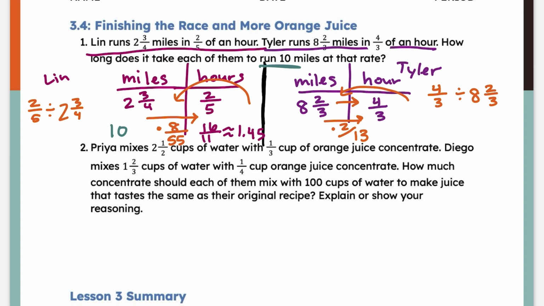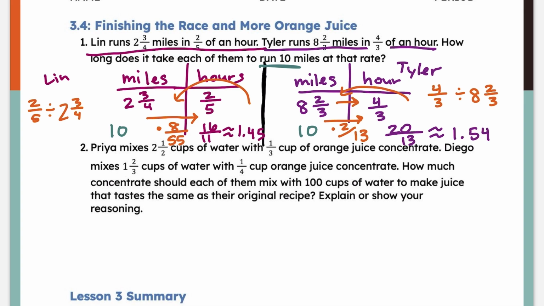So when I now am going to plug in a 10 again for 10 miles, I'm going to go forwards 10 times, not 2/3, sorry, 2/13. Let's type that into our calculators. 10 times 2/13, I get the fraction of 20/13, which again is true, but it's weird. We don't say 20/13 of an hour. So I'm going to go ahead and convert that to a decimal, and I get that is about